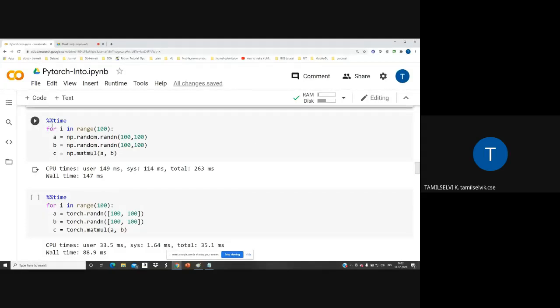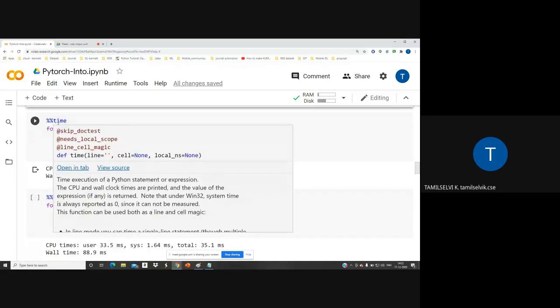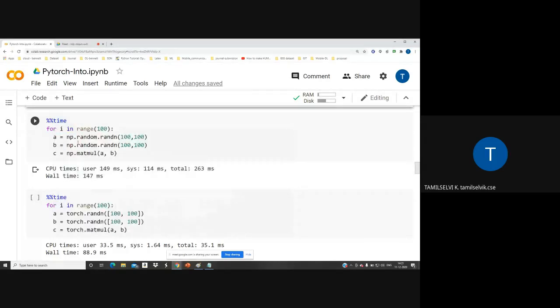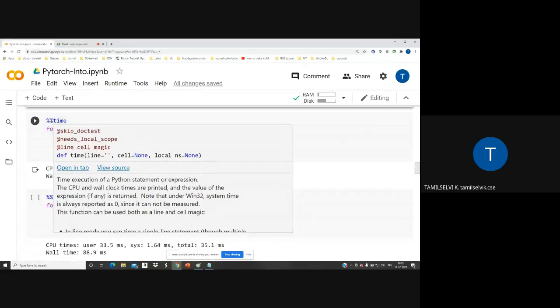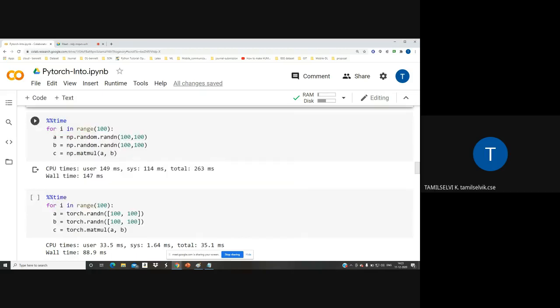So %time is a magic function. This is called a magic function in Python. If you go with that, it will give you the CPU clock time. CPU time and wall clock times are printed, that is how long it will take to run on the CPU. If your GPU is enabled, GPU time is also given. You have to enclose all your code within this, then